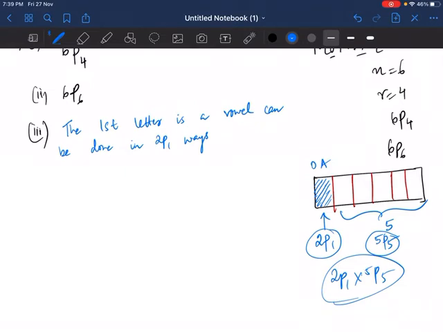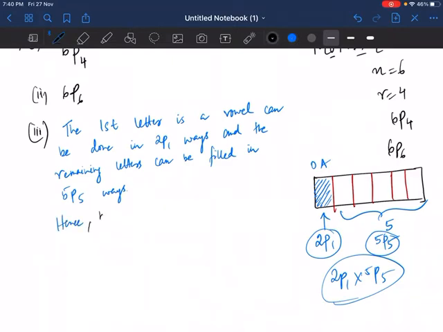Then the remaining letters can be filled in 5P5 ways. Hence by the multiplication principle,